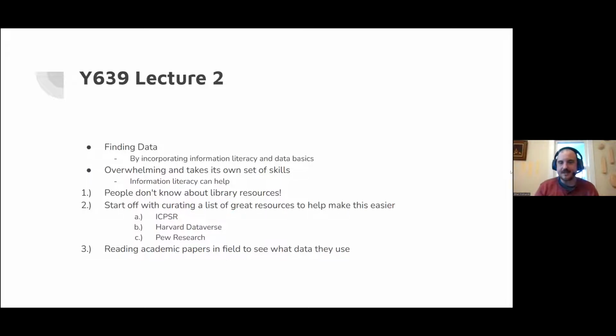Because what good is a data set if you don't even know what the variables are representing? Maybe a data set just has variable names like variable 1, variable 2, variable 3, and no documentation to tell you what that means. Then that data you can't really use. So you just need to make sure you find data that can actually be used.